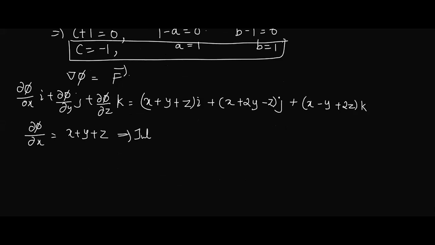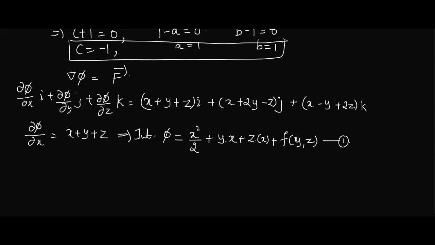Let us integrate. Integrate with respect to what? x. Okay, I'll not write that detailed step. Hope you understood, I have explained the procedure. So we'll get phi equal to, what is the integration of x with respect to x? x square by 2, plus y is constant, you will get yx there, z is constant, you will get zx there. Correct? So you should add a function of what? y, z. I'll call it equation 1.